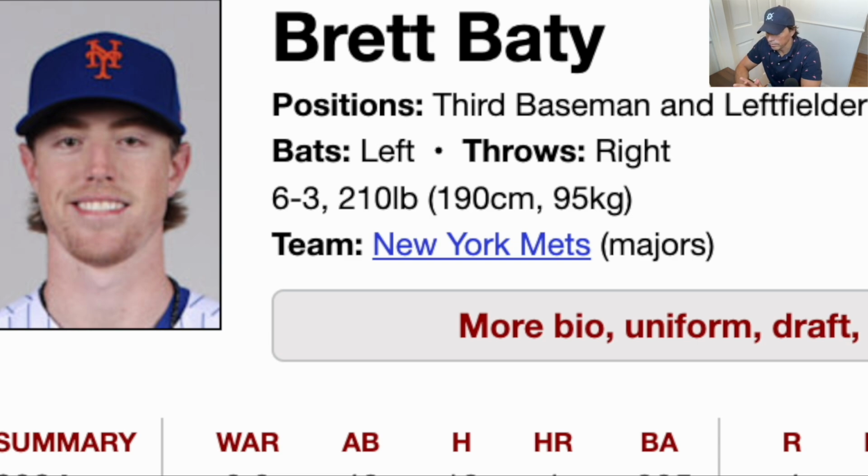So Brett Baty, 210 pounds, 6'3". That's a big guy. Bats left, throws right. So right there, he's got some good things working for him. Just the fact that he bats left and throws right,